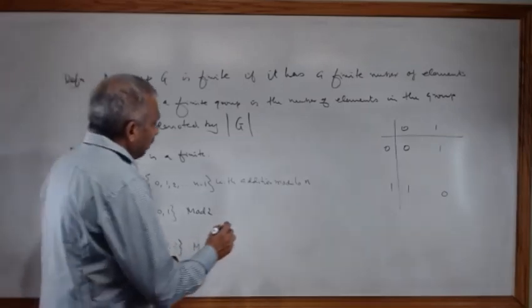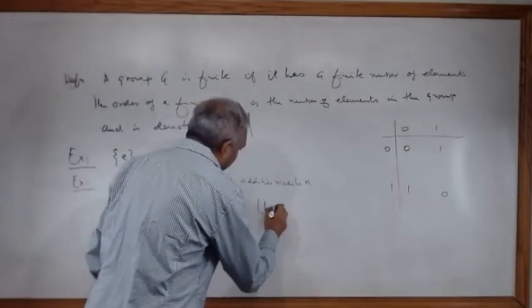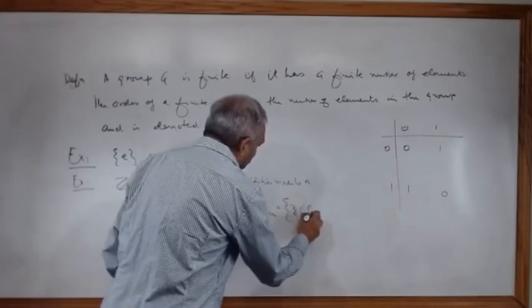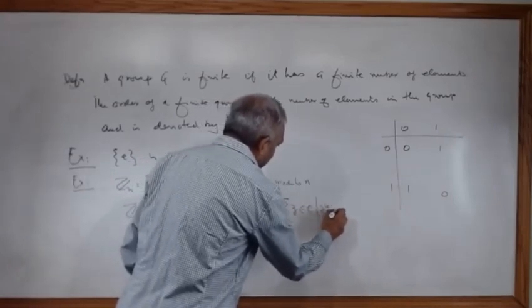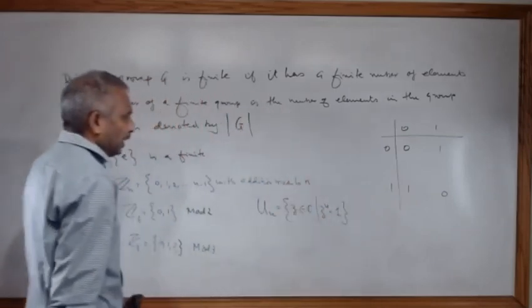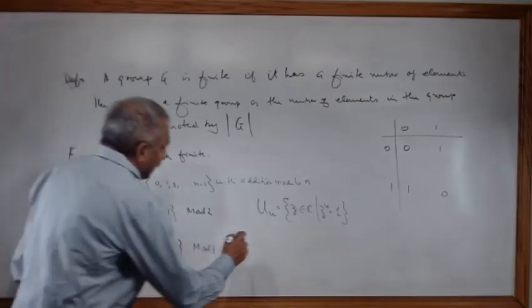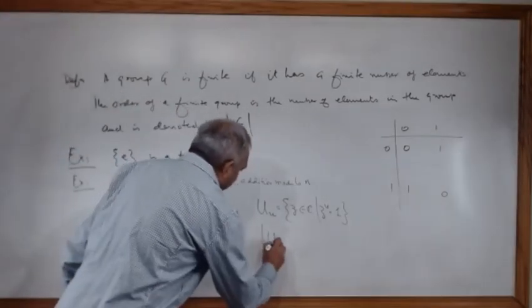And also you found one, Un, the complex numbers z such that z to the power of n is equal to 1. This is also a finite set. So you can say here the order of Un